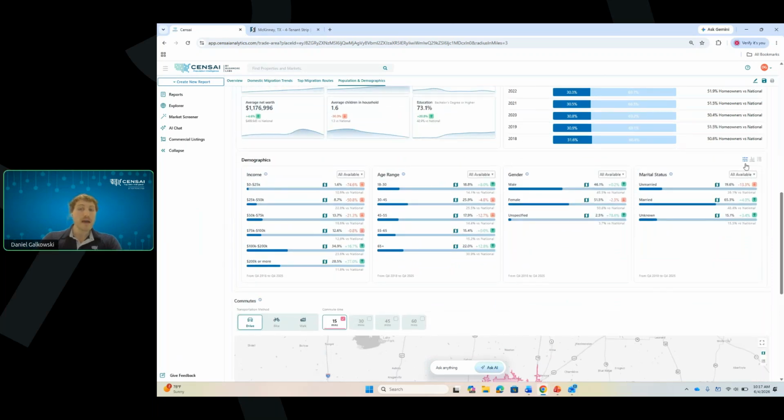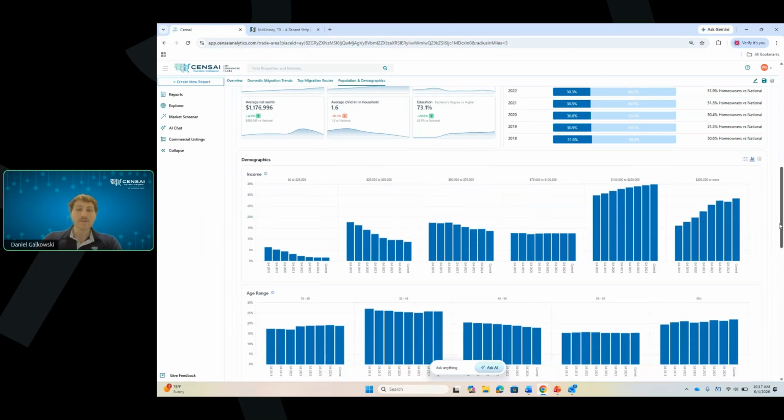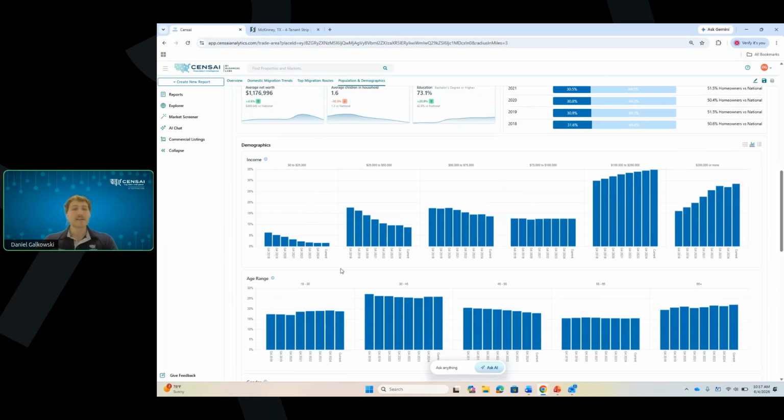And then next we'll go into some of the demographics for the area. What's always nice, you have a few different options to look at your demographics. So you can view just kind of seeing over time, how have some of these buckets shifted. So looking at Q1 of 2018, the 25 to 50,000 bucket has decreased a little bit. 100 to 200,000 and 200,000 or more has significantly increased since Q1 of 2018. So you're able to see some of those trends there.